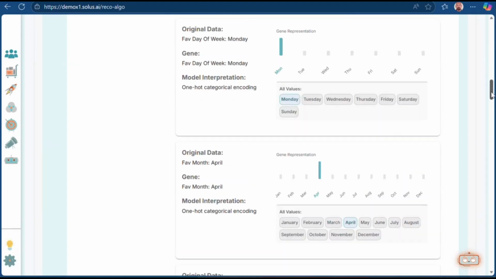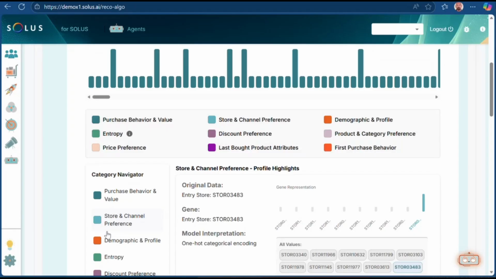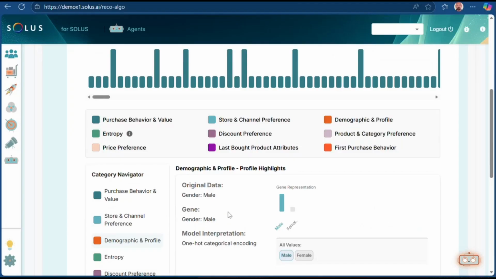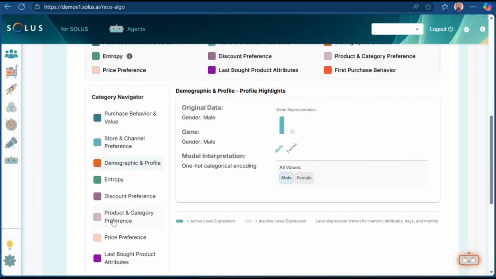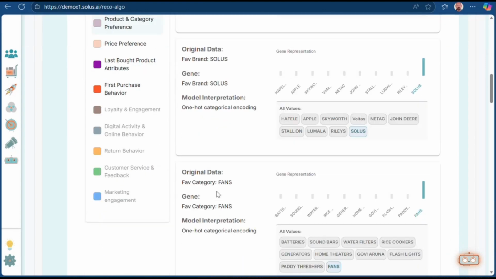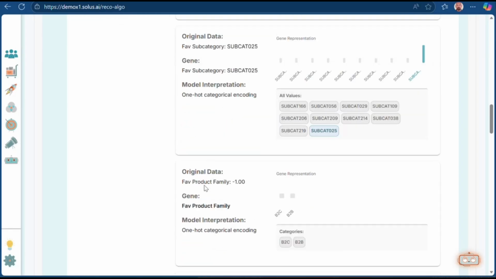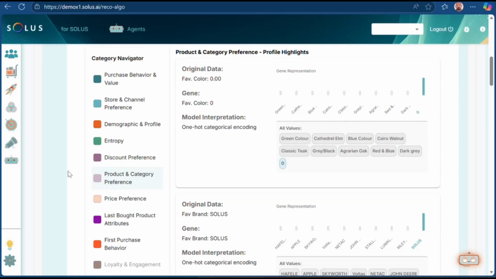So that have to do with the kinds of basic RFM type variables and something to do with the time of purchase and so on. I could also look at, say, store and channel preference. Do you have a preference for a particular branch or a particular store? Okay, any socio-demographics that I might have. If I have a lot of information about socio-demographics, I might as well put all of that in. I could have information about price preference, say product and category preference. Do you have a preference for color? Do you have a preference for a particular brand, a particular category, a particular subcategory, and so on and so forth, right? All of this becomes useful.